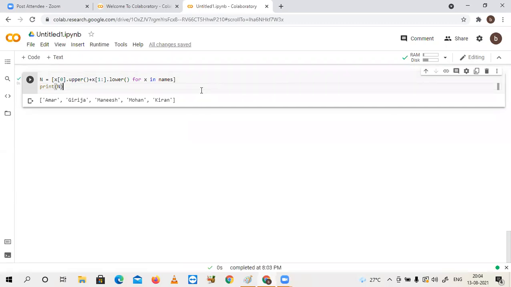Sir, a small doubt: this is completely Python 2 only, right? I am actually teaching Python 3, but some Python 2 syntaxes will also work. In Python 2, the print statement is print, a space, and then what you give, with no brackets. Forget about Python 2, it is already outdated.